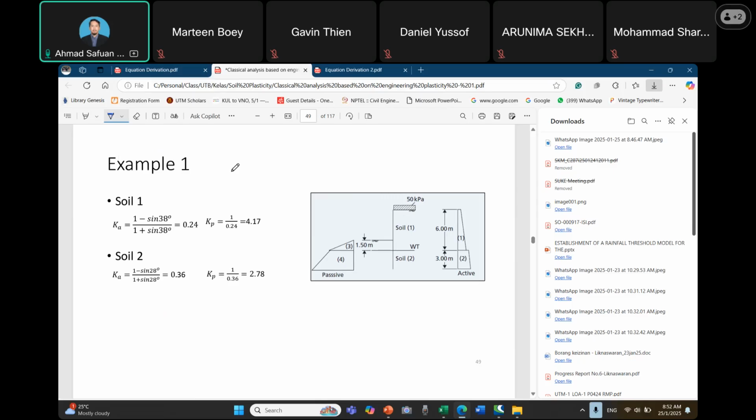So let's see, if you want to use the 45 minus phi over 2, try to calculate tangent squared of 45 minus 38 over 2. So 45 minus 38 over 2 is 26, so then tangent squared 26, we obtain the same value, which is 0.24,